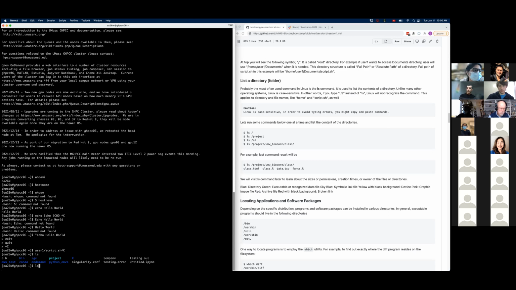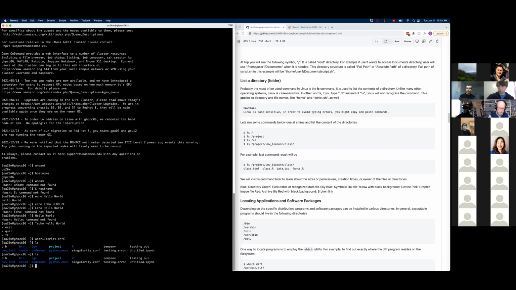So ls without any arguments uses your current directory, which is your home directory, and lists what's available. If you do ls /, what you should get is, because / is the root directory, what's at the base of this computer, the root of GHPCC 06. So please go ahead and try this command as well.